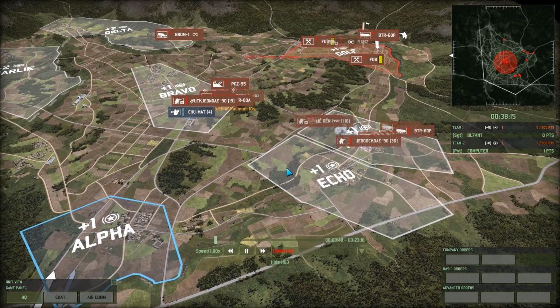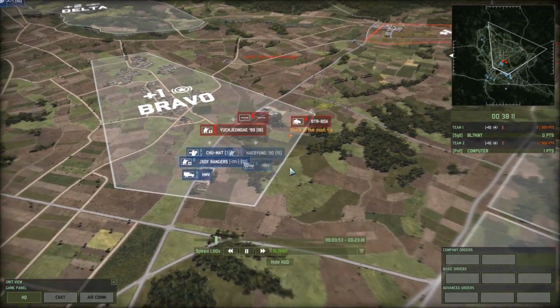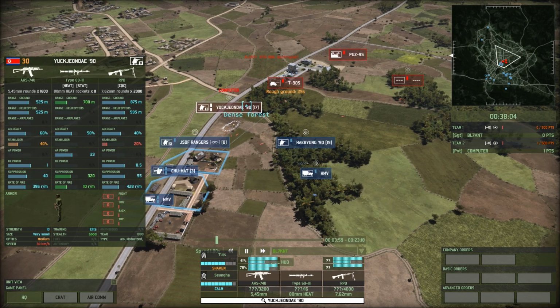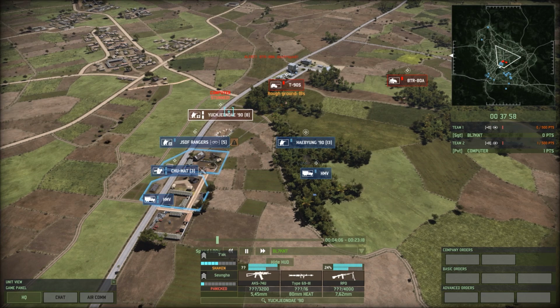And that's kind of interesting. I didn't realize this at the time, but there is a huge investment in air, which is going to be making itself present and felt very quickly. Also, Yukjundai, of course, is pretty expensive, so a lot of the troops that were on the ground were very, very expensive troops. JSTF Rangers and Haebyung, of course, Haebyung not exactly the cheapest either,